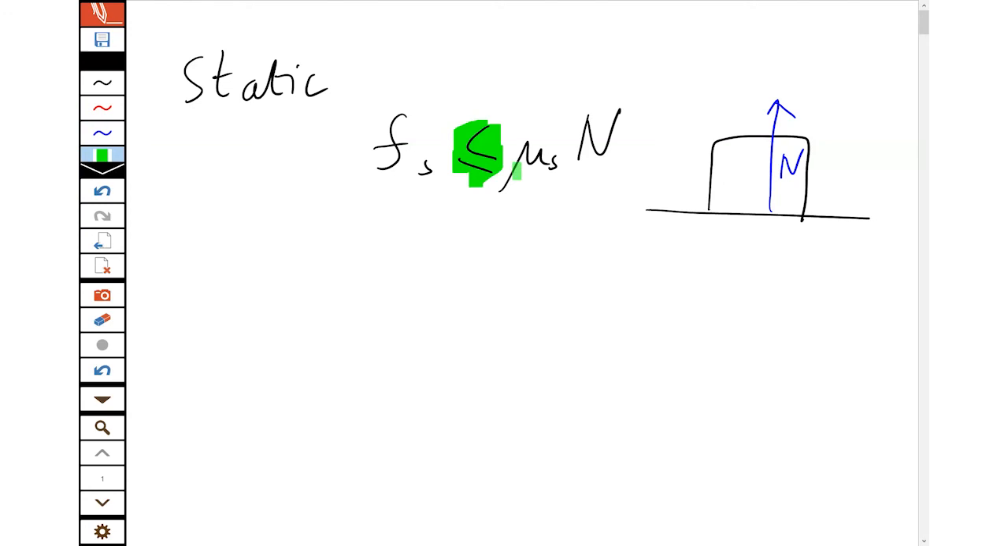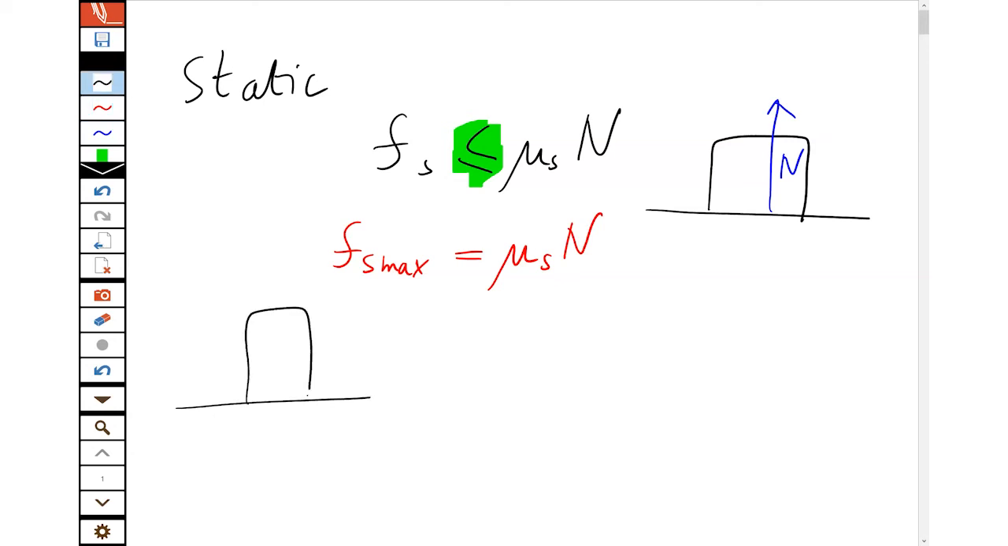We don't do conditional mathematics in this course. But what this means is the force can go up to this maximum value. The maximum static friction is the coefficient of static friction times the normal force. So if I go back to my fridge and I'm standing there trying to push it,